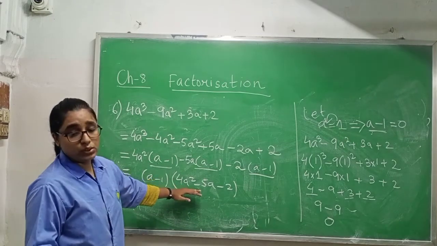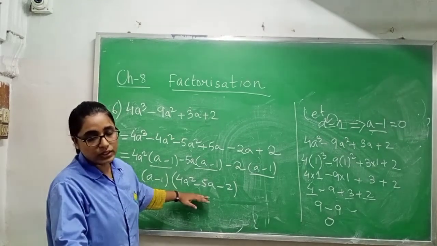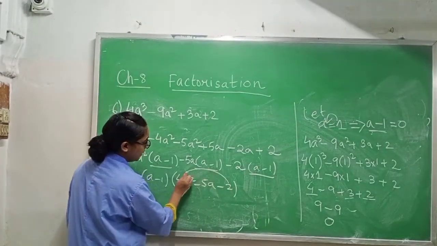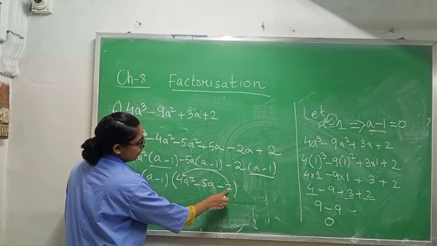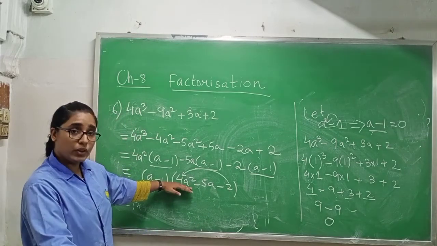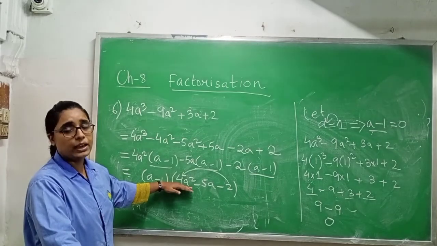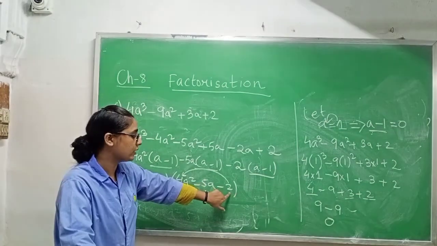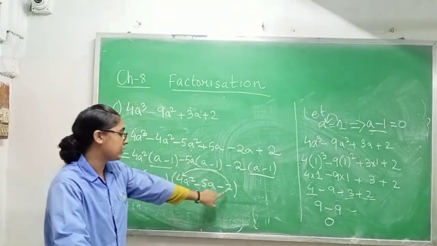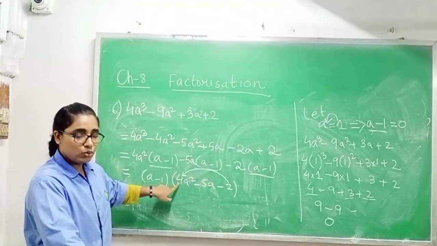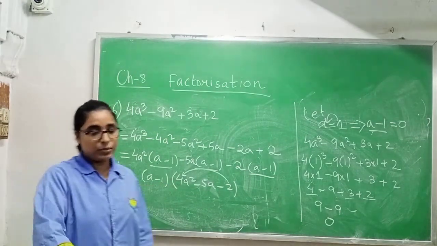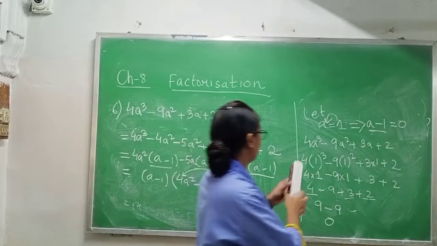If it is possible to do middle term factor of this one, you have to do it. Now see how you will do middle term. First you will multiply this last number with the first number. If you have any number with this one, then you will multiply. If you don't have, no need to multiply, you will only take the LCM of this number. But since I have 4 here with a square, I have to multiply first. 2 4s are 8, so I am getting 8 here. After that I have to take the LCM of 8. I am writing this portion.